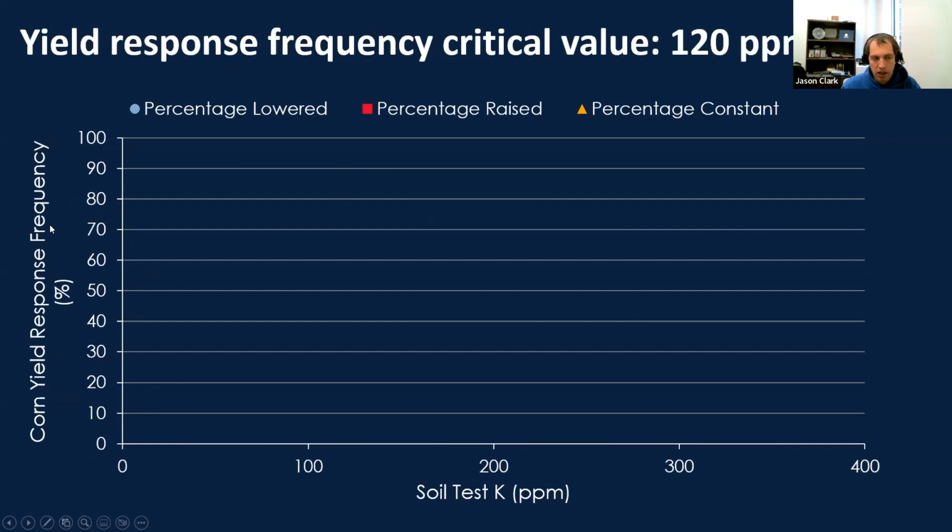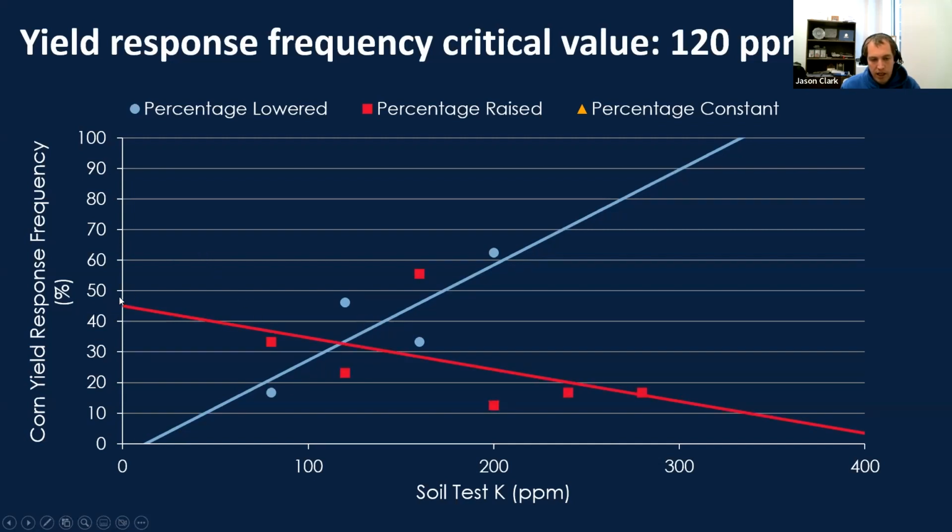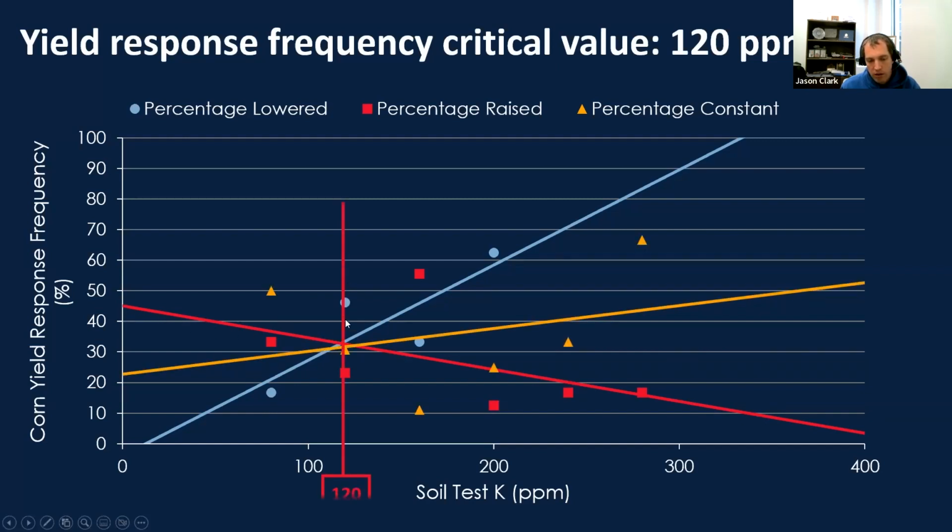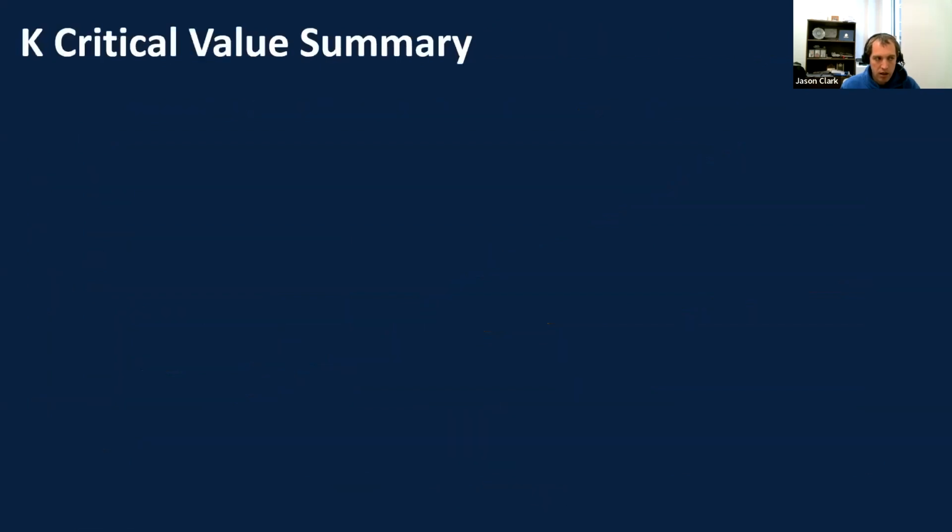We're looking at this response frequency. Interesting thing here, if we just look at if we can actually lower yield, we can see as we increase in soil test K, we can lower yield by adding K, but also, most importantly, we have a chance of increasing it or just maintaining it. And right where those kind of split is that 120 range. So it's a little lower than the traditional 160, but potassium data tends to be a little more messy. And that's why we're trying to look at mineralogy and clay types and other things to help us improve that.